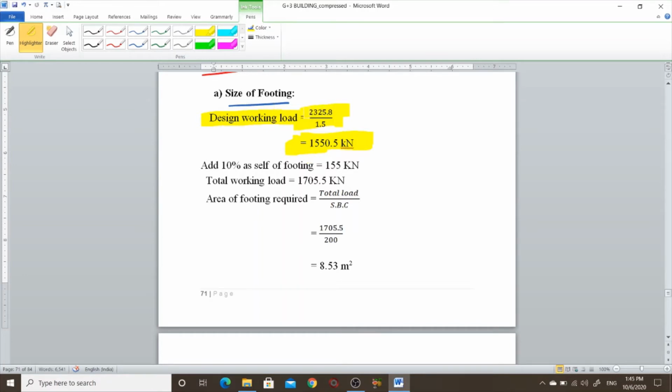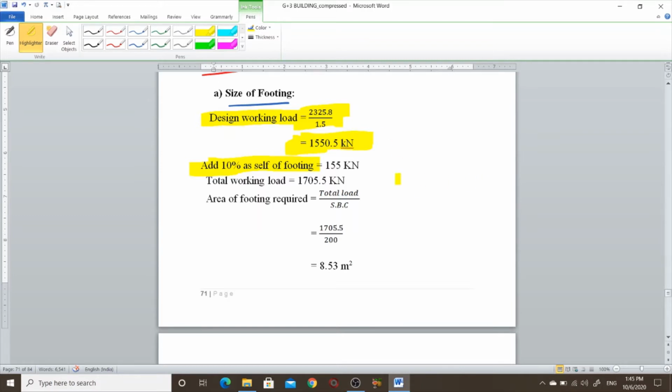Now 1550 kilonewton is the working load, and we add 10% self weight of footing. For the design of footing we need the self weight of footing. But how can you find the self weight of footing without knowing the size of footing? We can't. So what we do, we assume the self weight of footing by adding 10% of the working load.